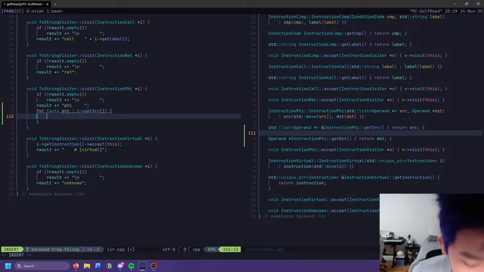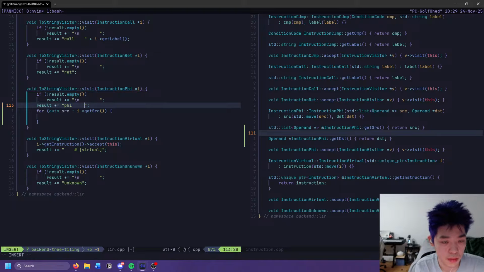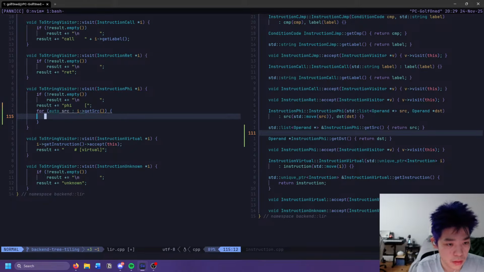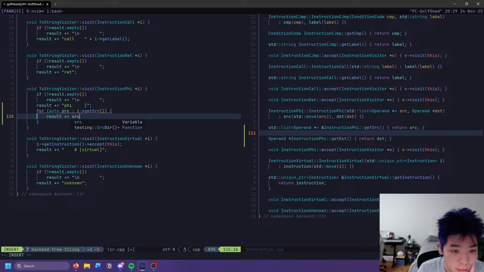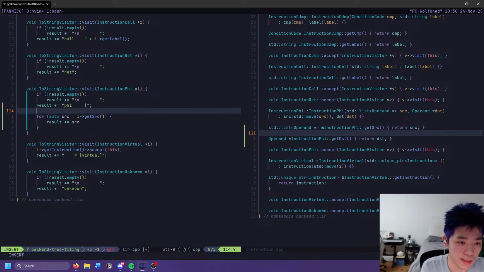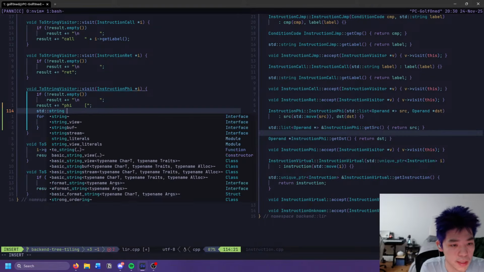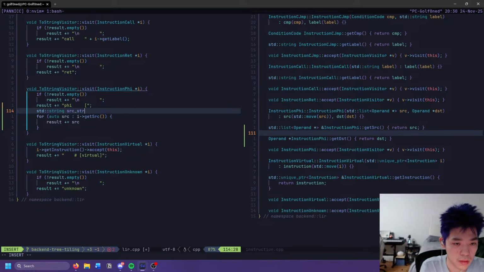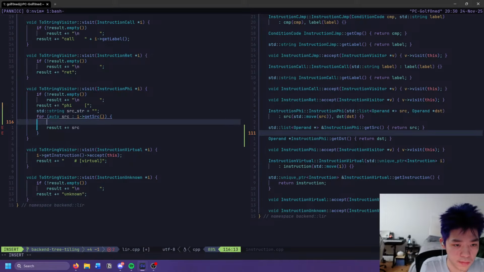I guess we could throw in a bracket here. So we want result plus equals source. I guess we could source string this, or we could like std string that, and then